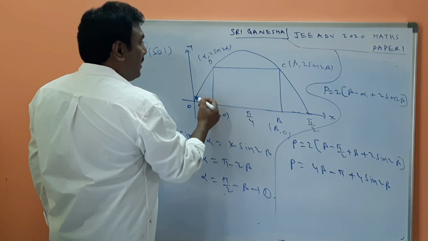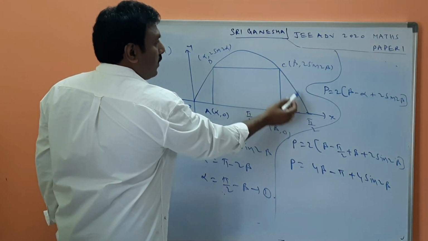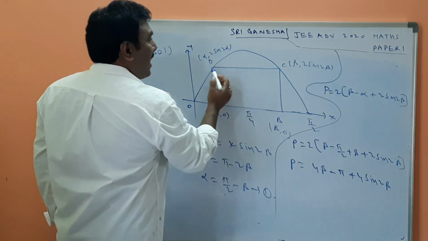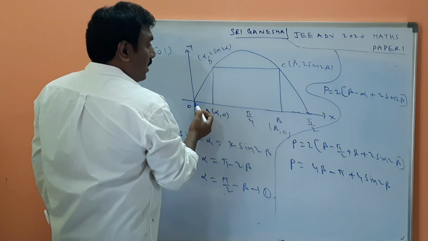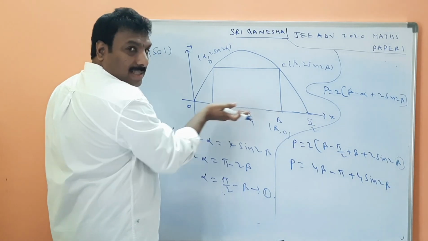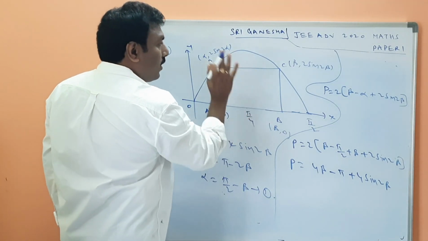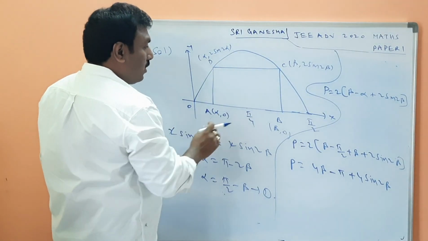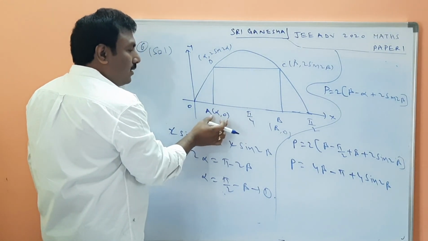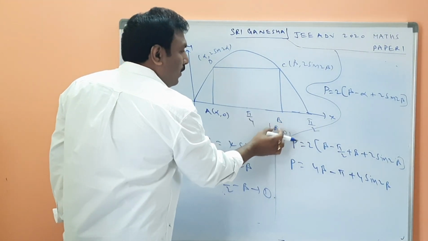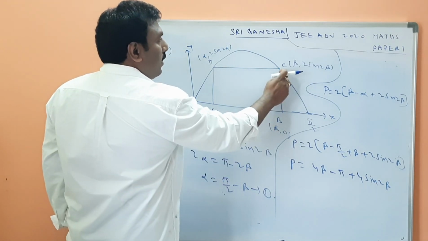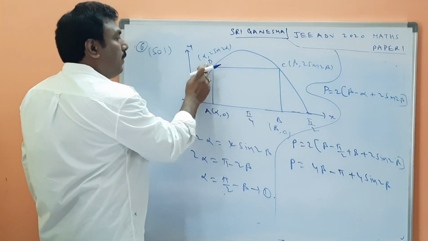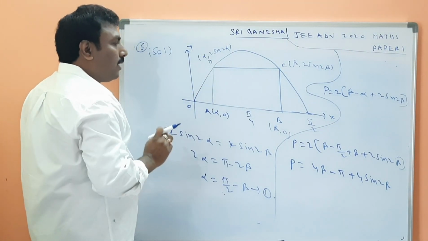Now draw the graph of y is equal to 2 sin 2x. Next, I have drawn a rectangle such that one side lies on the x-axis, in the first quadrant. Now capital A, B, C, D are the vertices of the rectangle. Let capital A be alpha comma 0, capital B be beta comma 0, C will be the corresponding output beta comma 2 sin 2 beta, D will be alpha comma 2 sin 2 alpha.